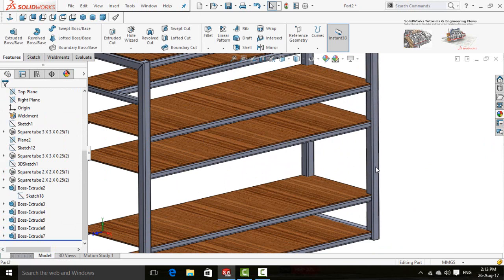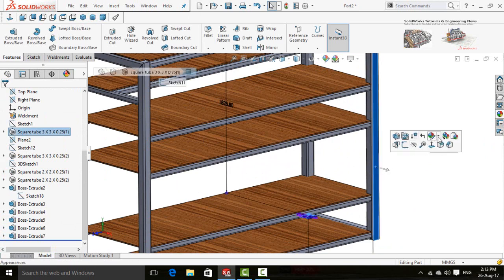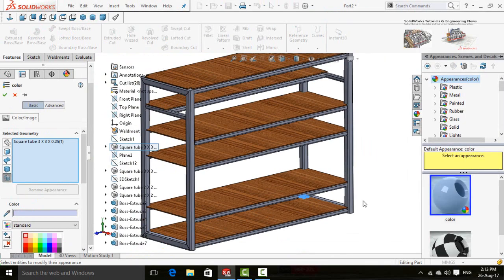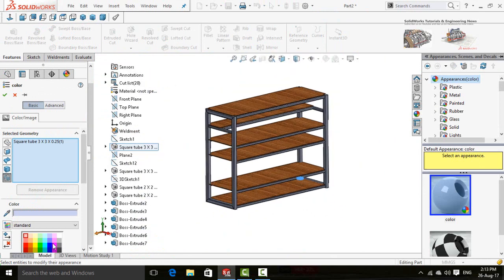Now click on this tube and select this arrow and click on square tube. Select any color.